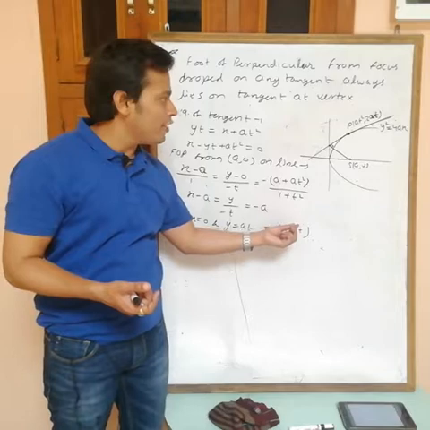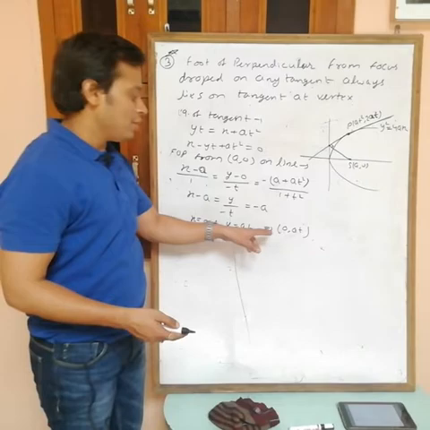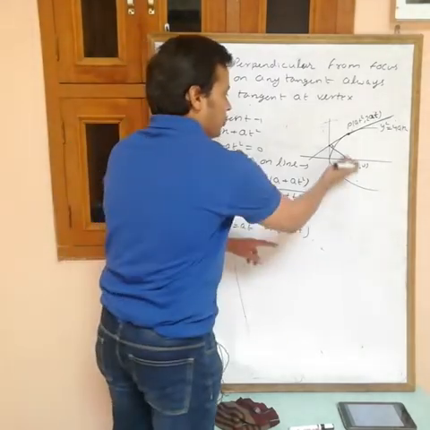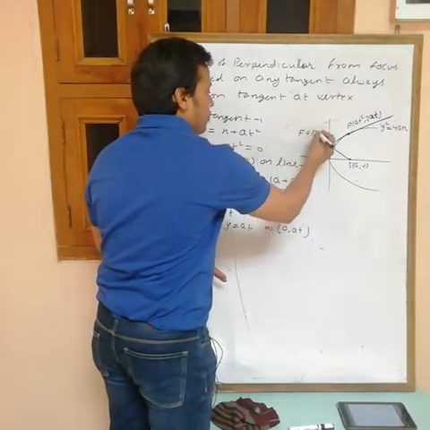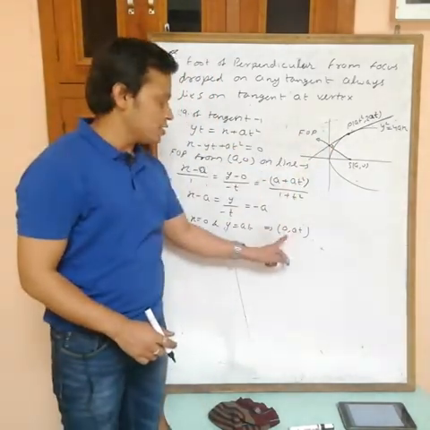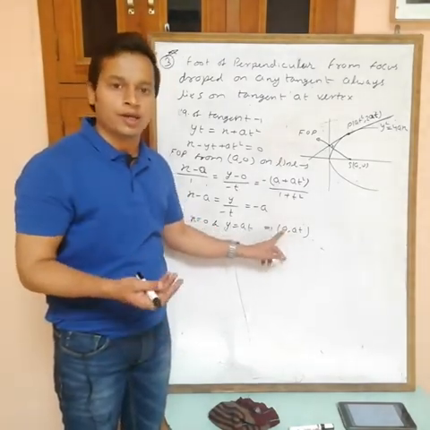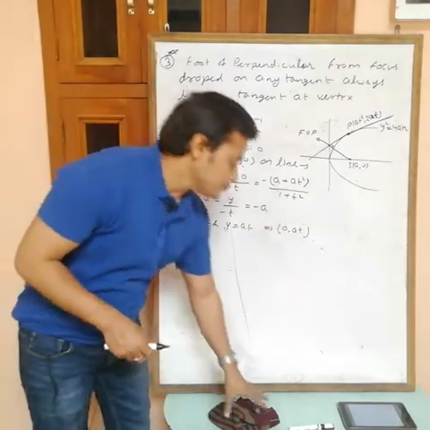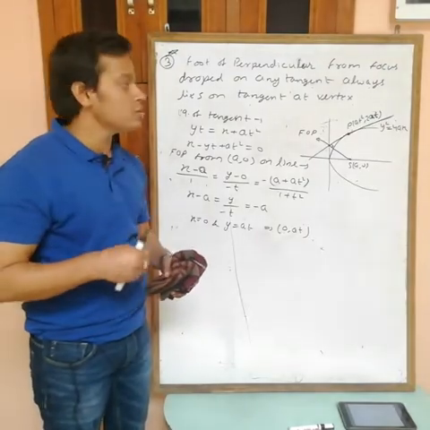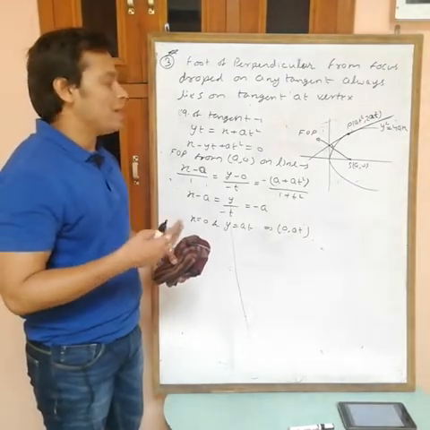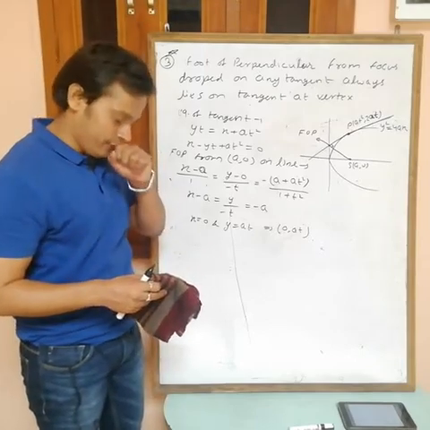Okay, if you change the value of t, the point changes: the y coordinate changes, but the x coordinate remains the same. If the x coordinate is 0, can I say that this foot of perpendicular always lies on the y axis? The x coordinate is 0, and the y coordinate is not fixed because t is variable. So remember, property number 3 is: the foot of perpendicular from focus to tangent always lies on the tangent at vertex. So any tangent always lies on the tangent at vertex, okay.